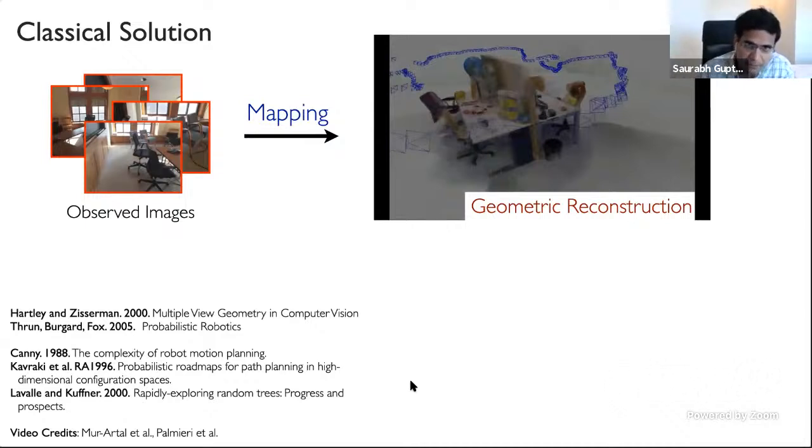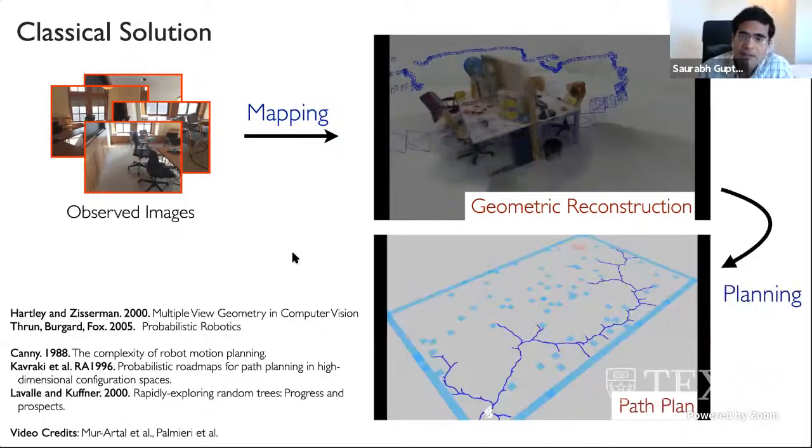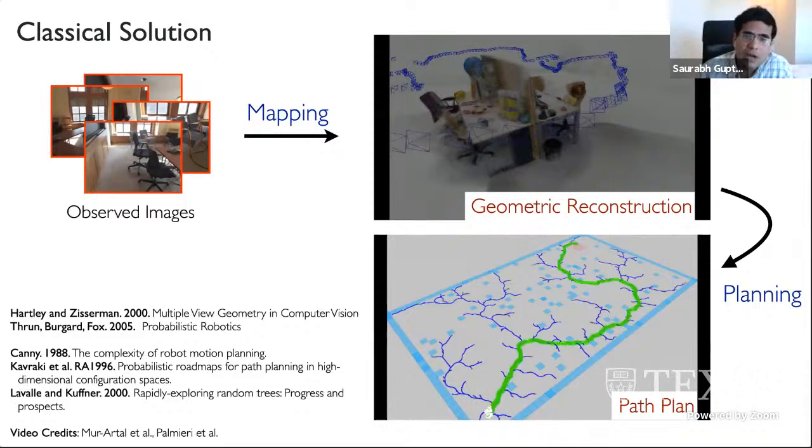So there's this process of mapping. And once we have done the mapping, then we have path planning, where we essentially take the 3D reconstruction and try to plan paths that will convey a robot from its current location to a desired target location. And I should note, breaking this problem into these two subproblems of mapping and planning has allowed the community to make large progress, both in mapping, sophisticated algorithms for mapping from lots of different sensors, and path planning and the like. However, this choice of 3D geometric representations as a way of representing the world has some drawbacks,